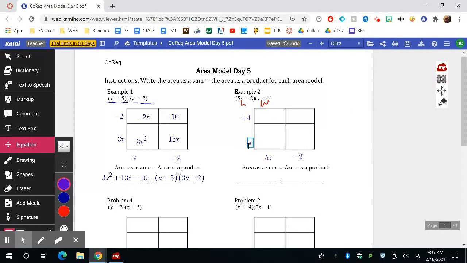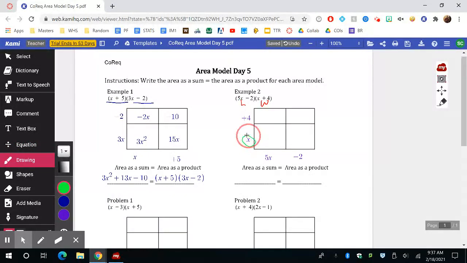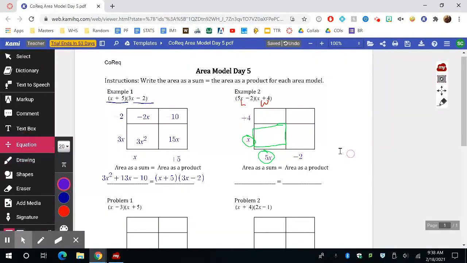And all we're going to do now is multiply. Okay, so we're going to multiply again. Each box is going to be, let me use these colors. So x times 5x gives me whatever I need to put on this box. Okay? X times 5x, and again, just like before,